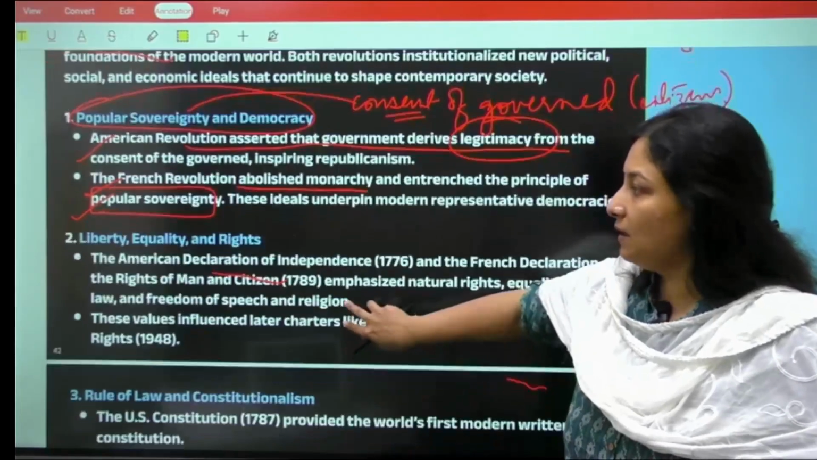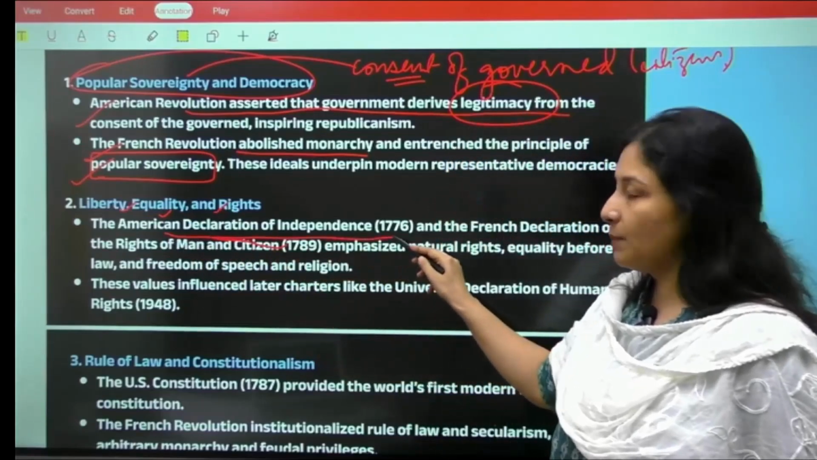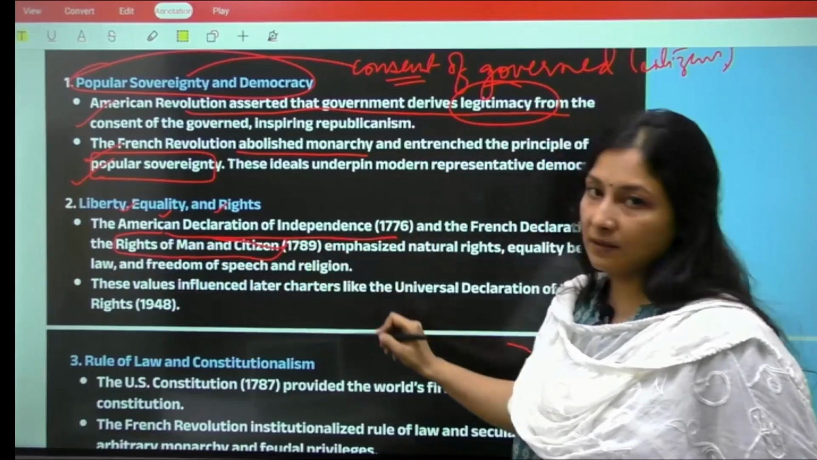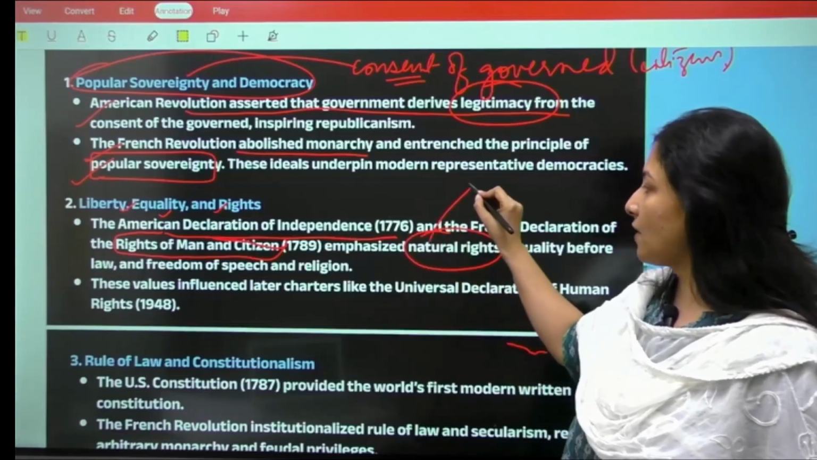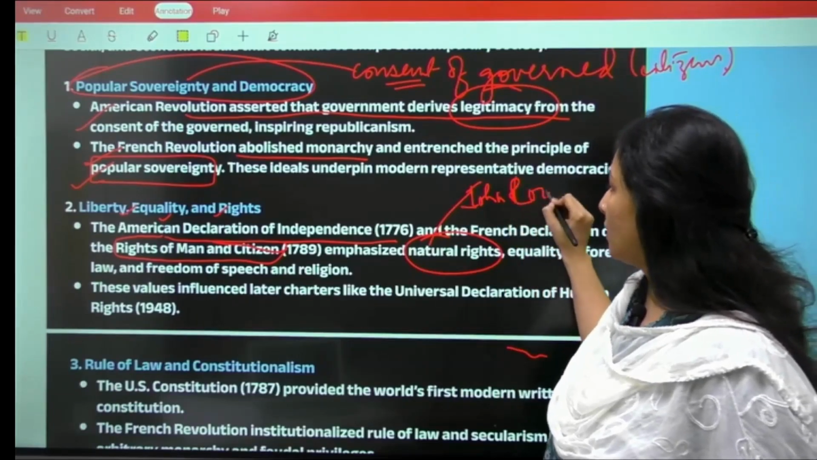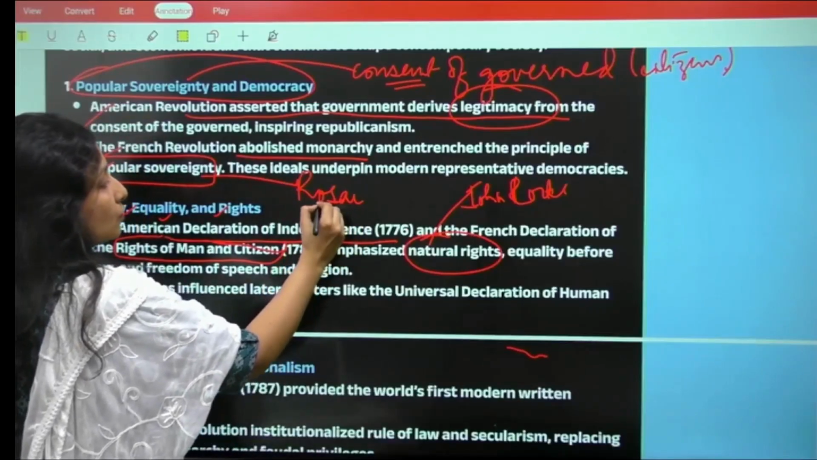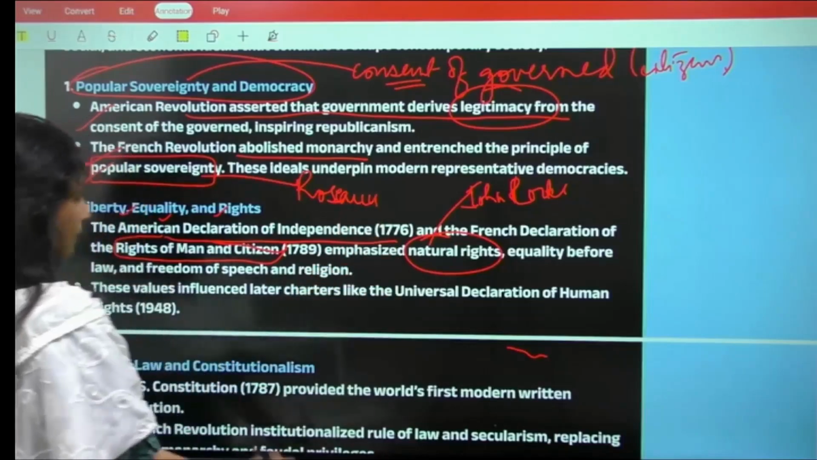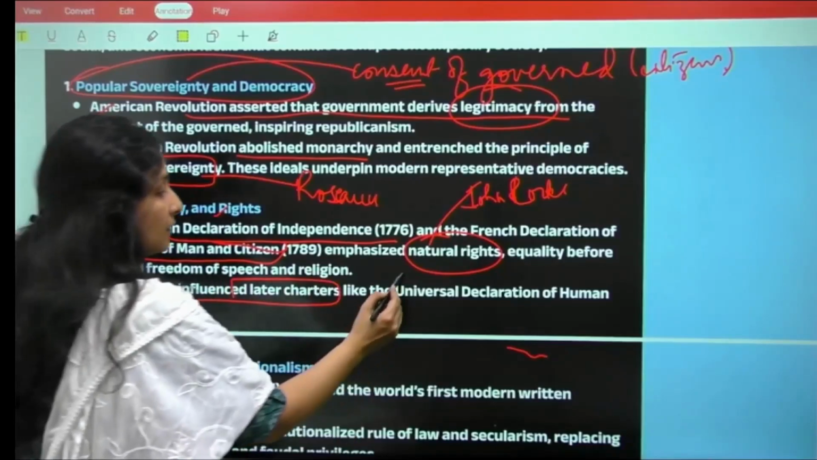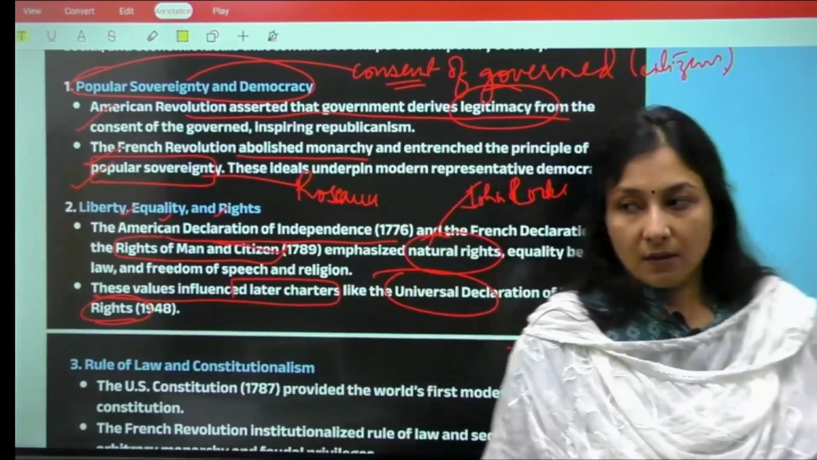Now we also see liberty, equality and rights. In the American Declaration of Independence, right, we saw that it talked about the rights of man and the citizen and emphasized natural rights. Who talked about this? It was John Locke, right? Who talked about the concept of popular sovereignty? It was Rousseau. And these values influenced later charters like the Universal Declaration of Human Rights, right? Apart from this,